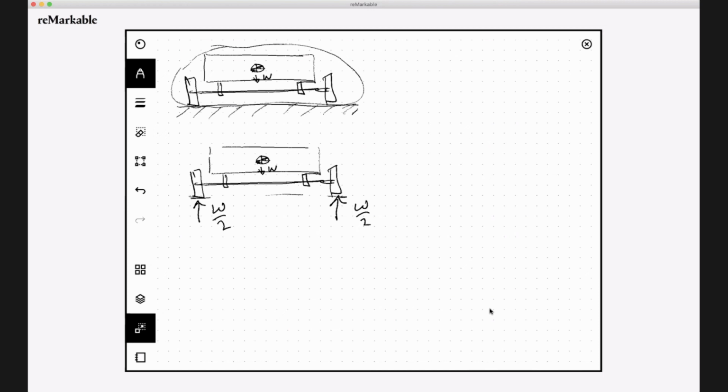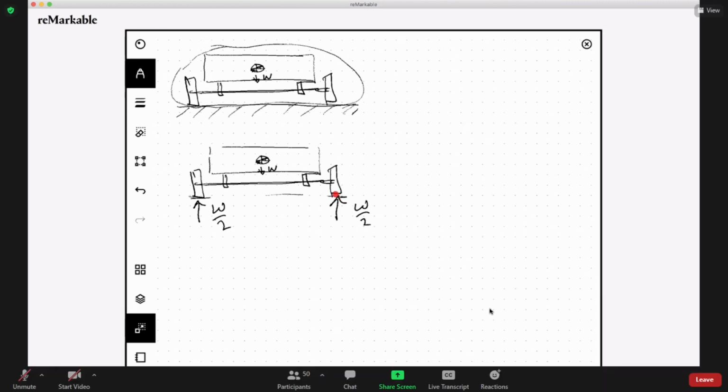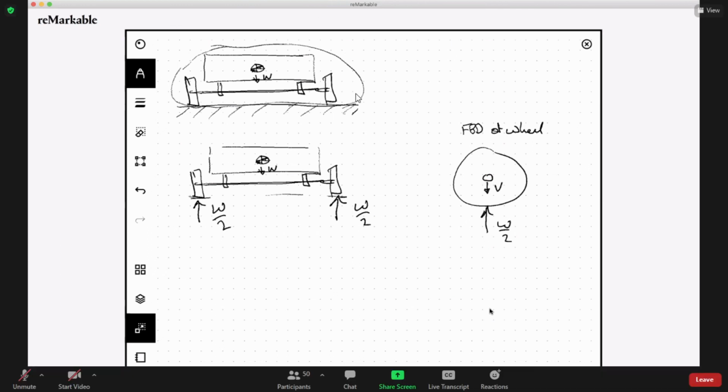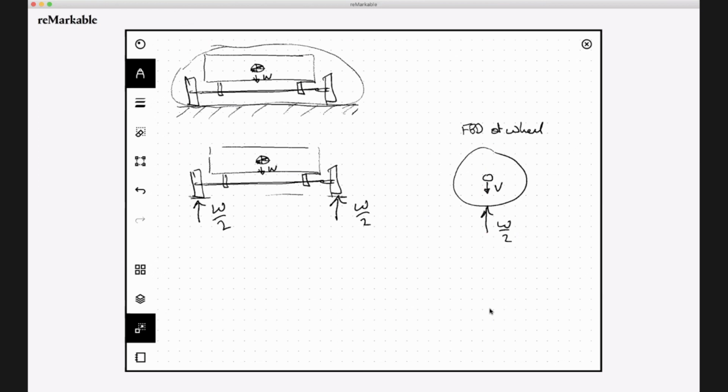So I was just going to say, which I hope this answers your question, that there's lots of different free body diagrams, so we could analyze this one, and then we see that the weight is acting on the wheels, but then we could draw a free body diagram of the wheel itself, and we'd say, okay, we've got W/2 there, we've got the shaft here, and if this is a free body diagram of the wheel, then the shaft is pushing down on the wheel with some force V to balance that force up from the road, and for vertical equilibrium, V has got to be equal to